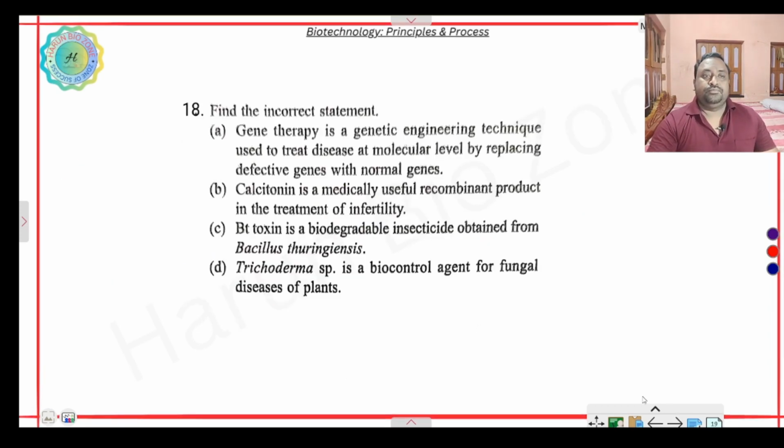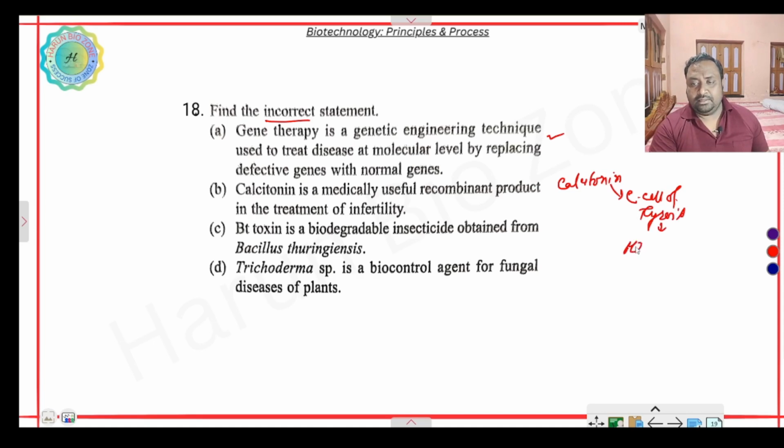Next question is, find the incorrect statement. Gene therapy is a genetic engineering technique used to treat disease at the molecular level by replacing a defective gene with normal genes. Right option, it is correct. Calcitonin is a medically used recombinant protein. Calcitonin is produced from the C cells of the thyroid